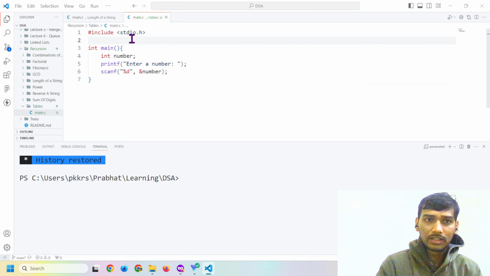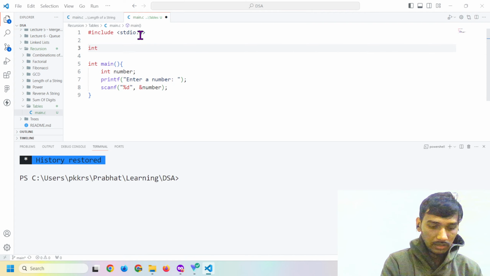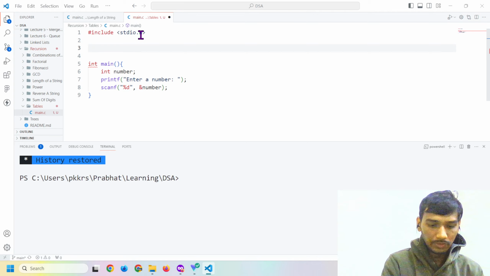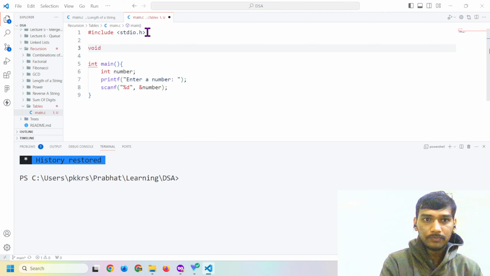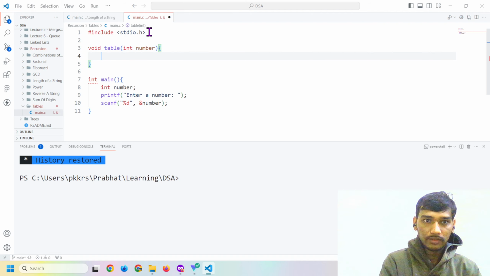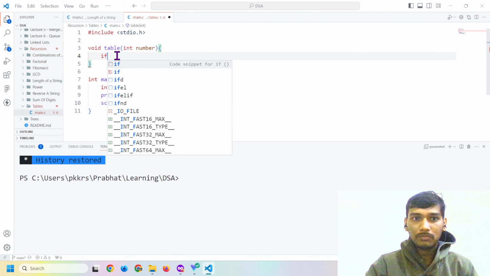We have to use recursion, remember. So we have to print a table, right? We don't necessarily need to return something, so void table, int number, and if, because we want to print a table,